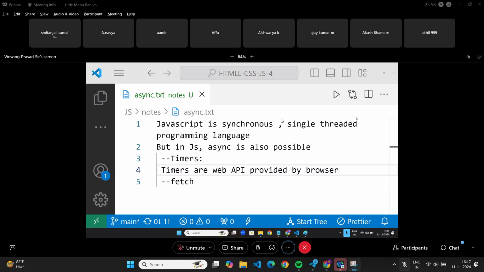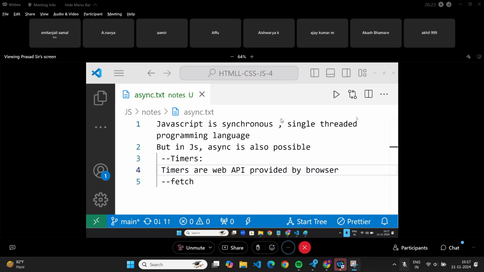Like console. Is console part of JavaScript? No. Then console is part of what? Browser. Browser will give the console. JavaScript doesn't know console. Console knows JavaScript. Right or not?